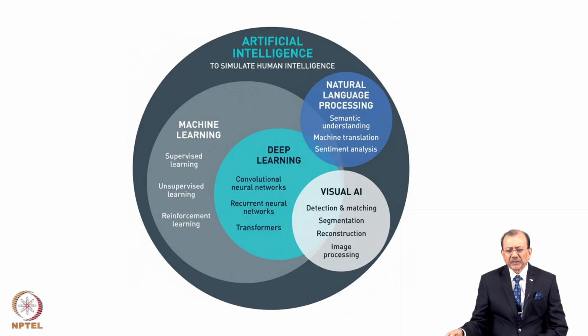As you are seeing in this picture, artificial intelligence is an umbrella technology, and it has given birth to many technologies such as machine learning, natural language processing, NLP, deep learning. And today we are going to discuss computer vision, which we sometimes call an extended version of computer vision as visual AI, which I will explain to you.